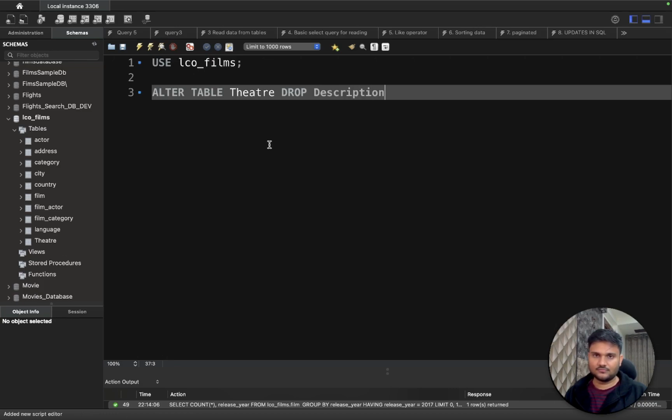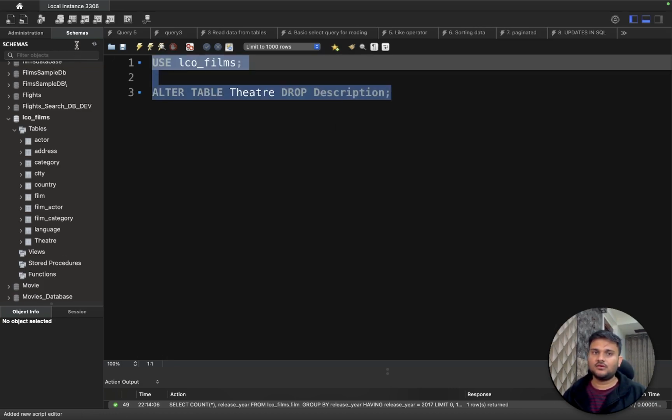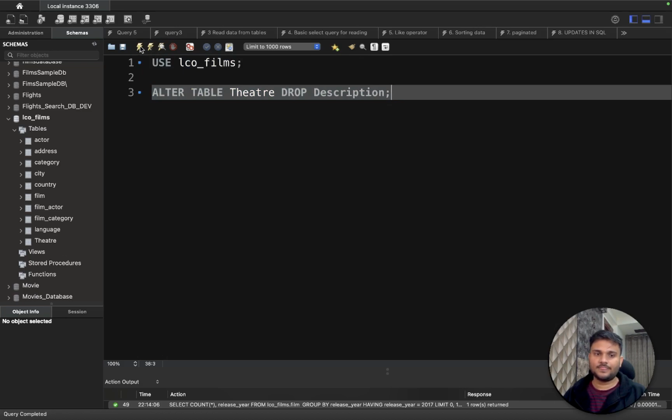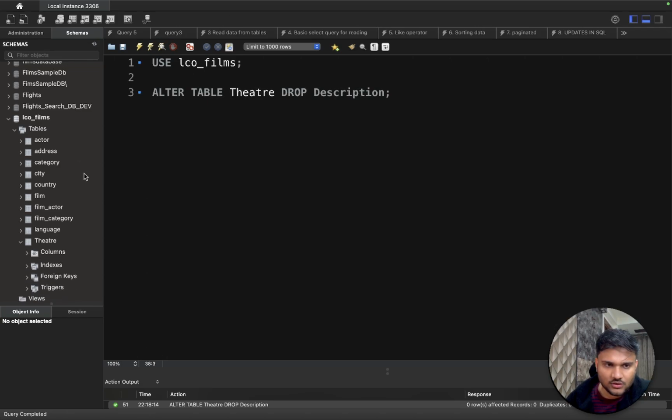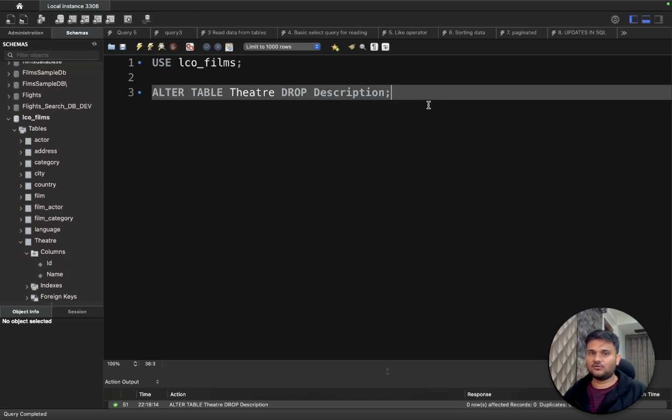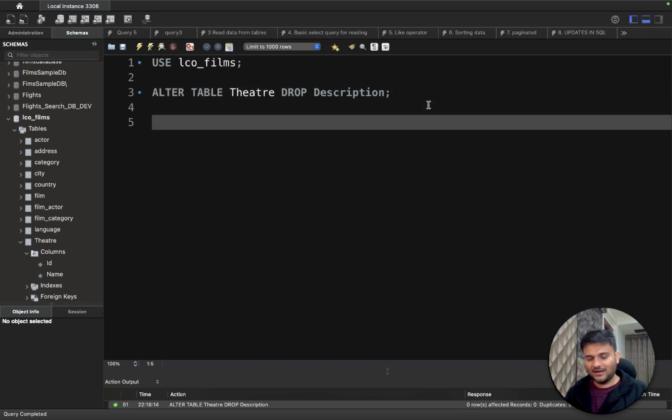description. And that's it. You execute this code. You can see it executed fairly well. And now if I refresh, can you see the description column is not available at all? And let's say if you want to now add this column, so alter table theater, you can say add description,